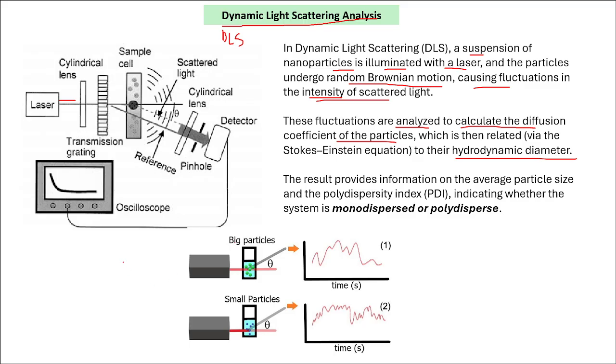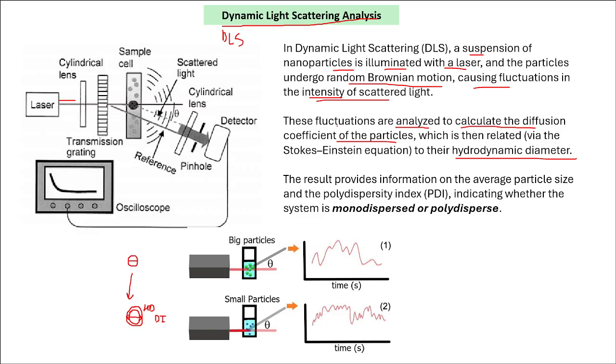So what is hydrodynamic diameter? Suppose this is your particle, and based on electron microscopy you figure out that this is the diameter. Now, what is the hydrodynamic diameter? Whenever you put this nanoparticle in dispersion, suppose in DI water, the electrical double layer that we were discussing will be formed. And now there would be a slight increase in their diameter. So this one is the hydrodynamic diameter. I hope it's clear to all of you.